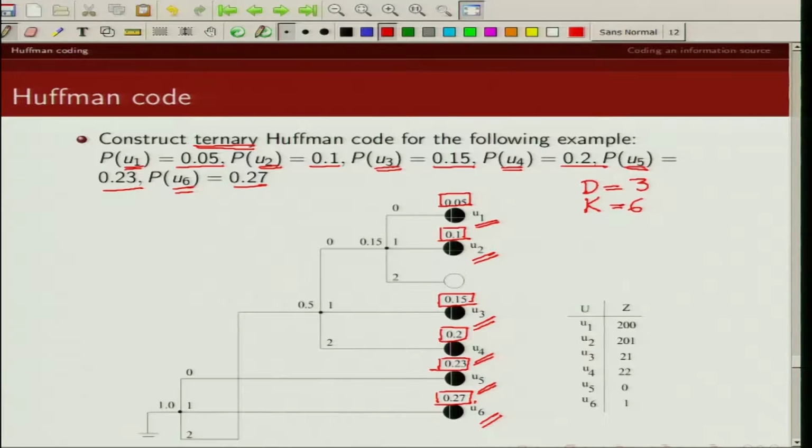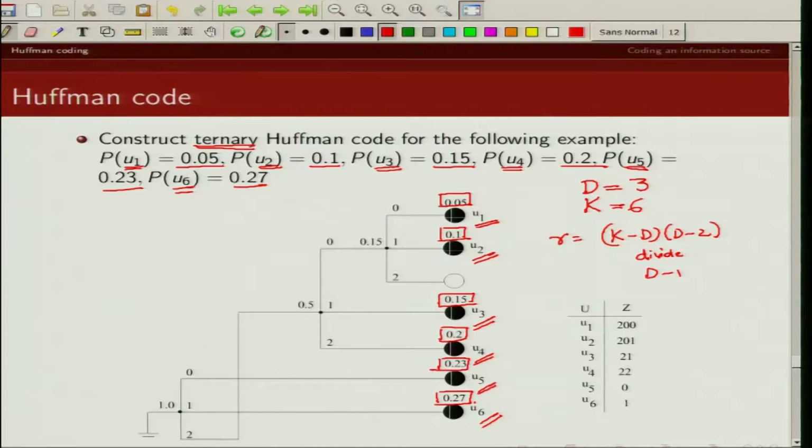Now the first step is I need to compute how many unused leaves there are. So how do I find unused leaves? I divide k minus d by d minus 1. So what is k minus d? That's 3. D minus 2 is 1.